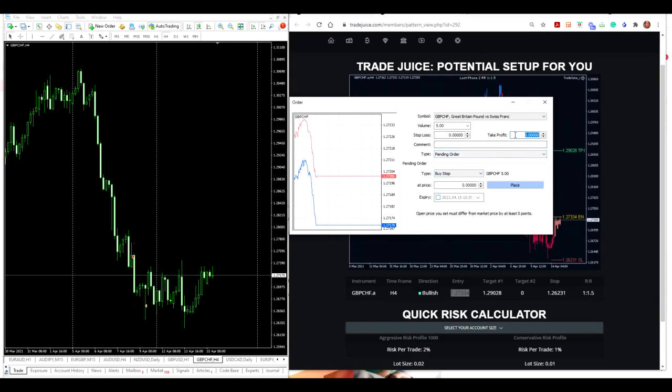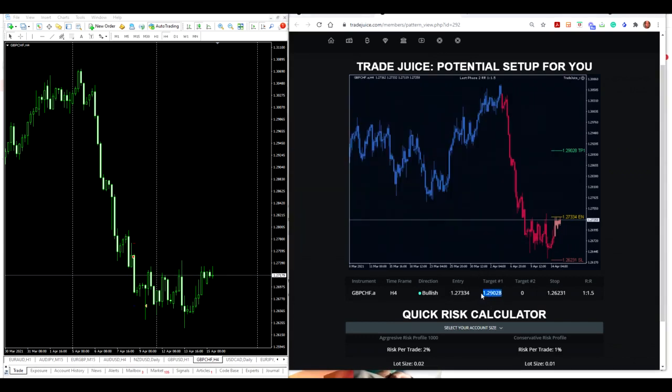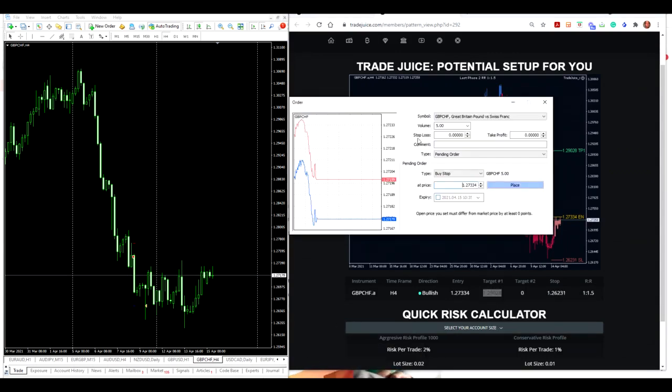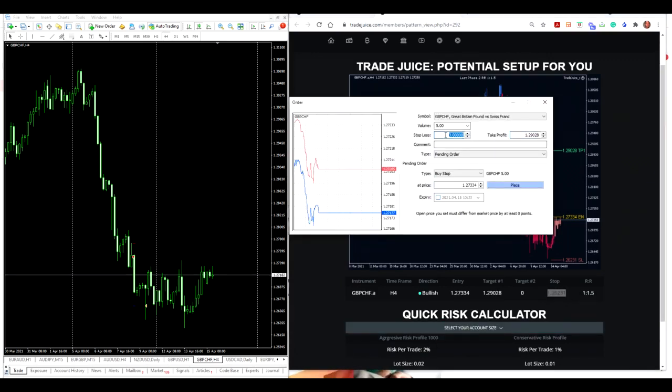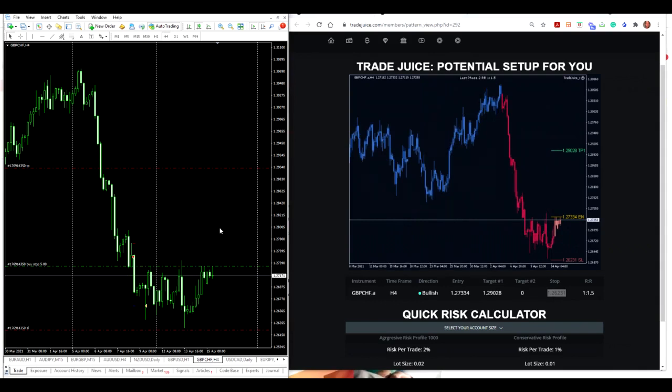After that, we are just going to copy the target price. Copying to take profit, and finally the stop loss. And you can place the trade just, or you can go here in expiry, put expiry 2-3 hours, just because you're always going to have more trades. You don't need to wait 2 days for market to come to you, because that's why I really love how Tradejuice